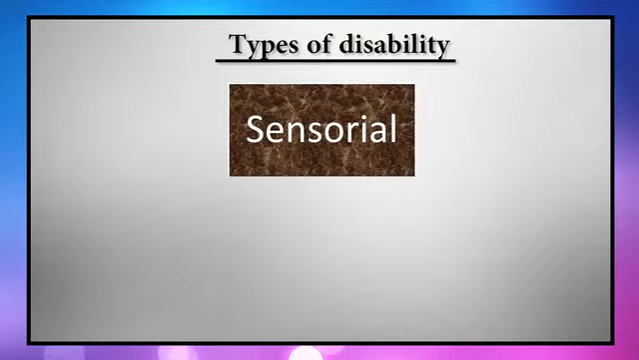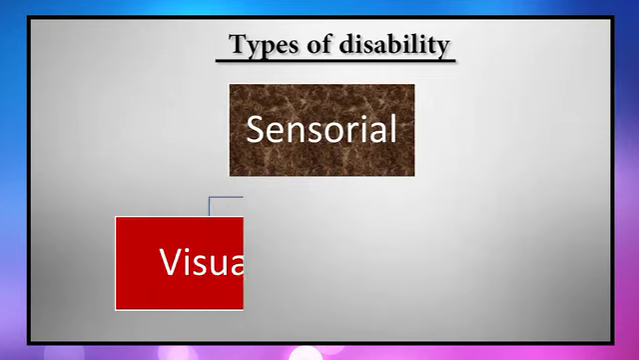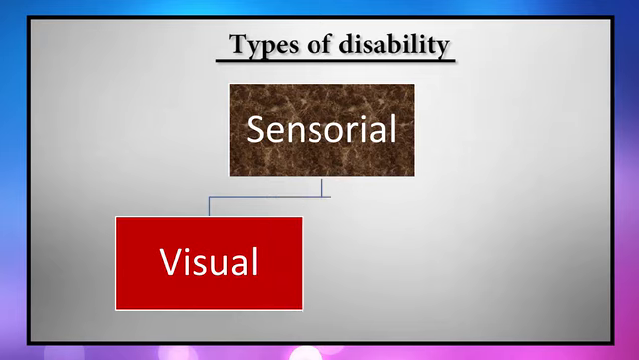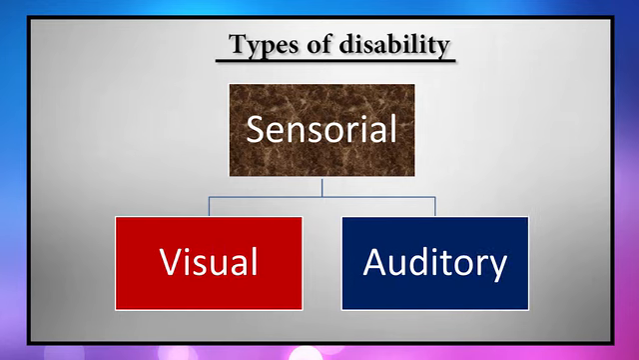We can broadly divide it into sensorial disability, that is when our sense organs are affected. It may be the eyes or it may be the ears. So sensorial disability, when it affects our eyes, it leads to visual impairment, and when it affects our ear, it may lead to auditory impairment. That is when we are hard of hearing or we are totally deaf. In case of visual impairment or visual disability, it can be totally blind or it may be low vision, where one can see but with powerful